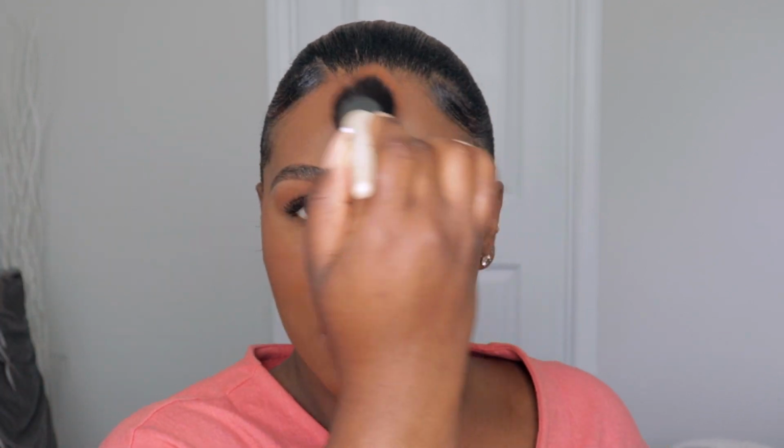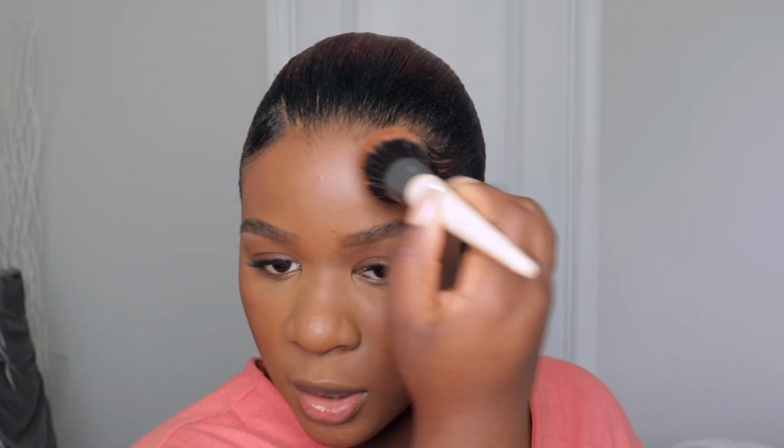Okay, so I'm just gonna keep adding this and stippling it, and then bring it on the apples of my cheeks, and then we're gonna take some of this onto the forehead as well. So I'm gonna pat and bring that around. Super pretty, you guys. I love this stuff. Once I figured out how to use it, because I was using my sponge the first time I tried this out, it soaks up too much of the product, but when you use a stippling brush, it looks really stunning on the skin. So we're gonna add that all over,